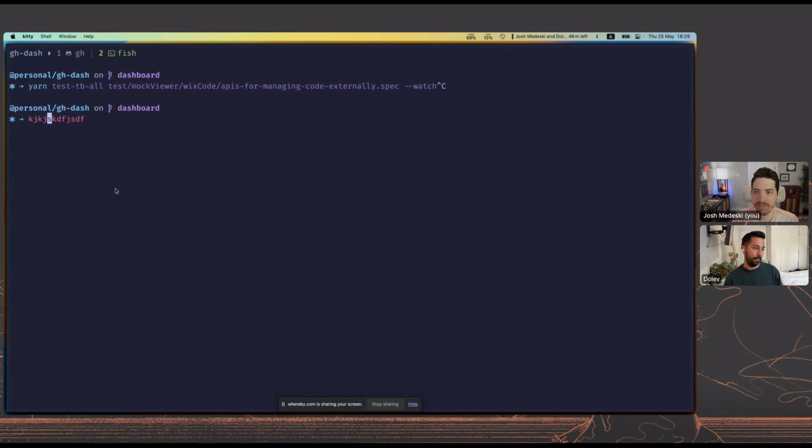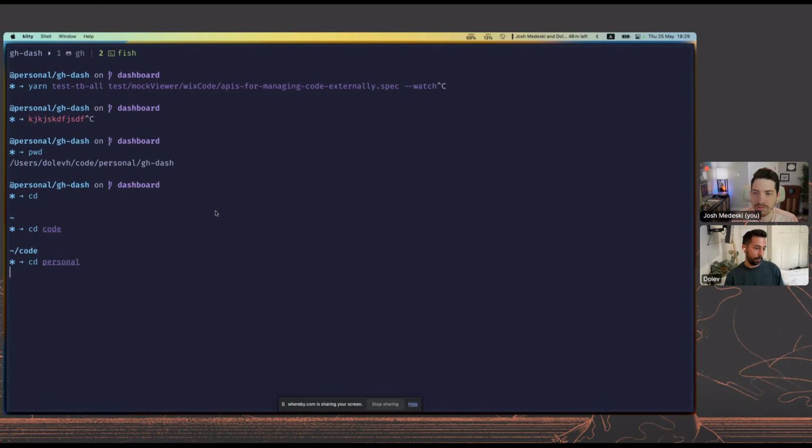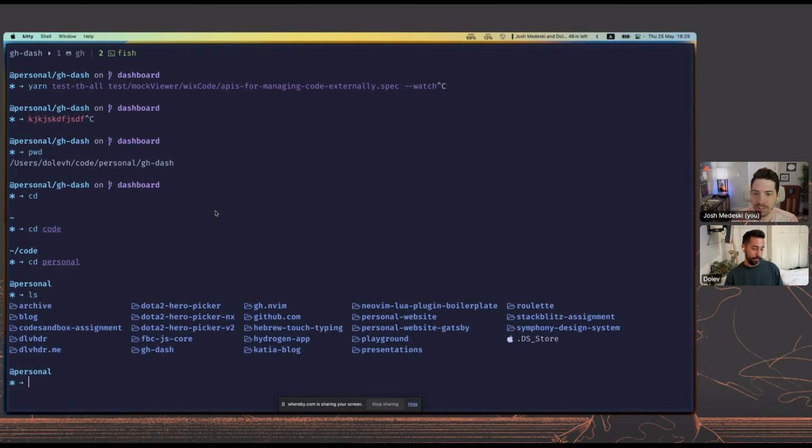Yeah. And then I also have custom aliases for my directory, so you can see right here it says @personal, which is actually code personal. So it takes that and shortens it like an npm package. So if I go to my home directory and code, it just looks regular, and if I go to @personal, it shows. That's cool. How is that achieved?